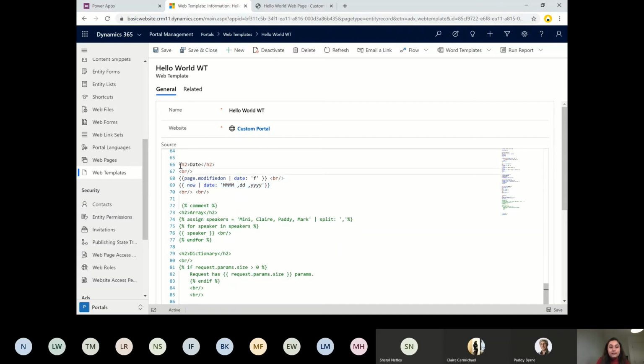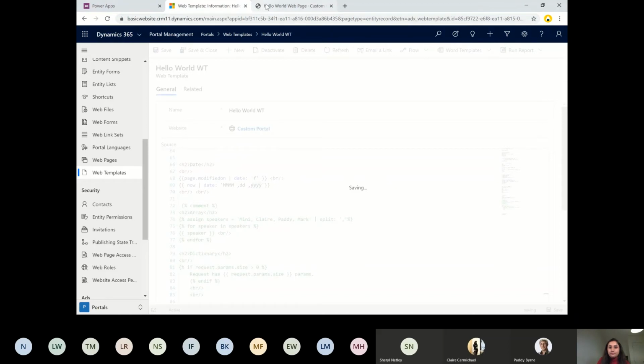So what we have done is an HTML tag here, and then we are just displaying a variable. You see, we are not assigning anything just now. You see double curly braces start and end. What we are doing is just using page as the keyword, which is going to fetch the value of modified on, and then we have now. How are we going to print that now? Now is just like today's date in this particular format. Let's see how it's going to be shown. So it's again just displaying the variables here. That's all.